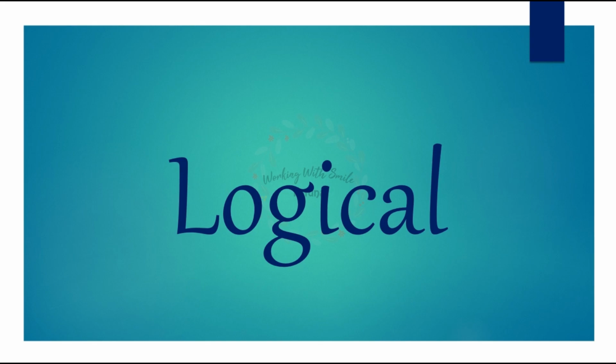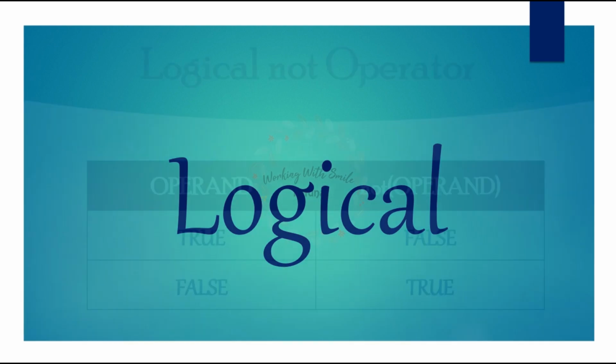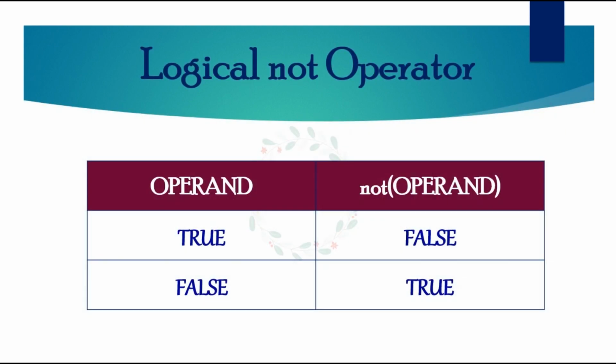Logical operators are used to combine expressions. Operands for these operators can be relational expressions, numbers, or strings. It is important to note that the operands needed by these operators must be of Boolean types. So let's begin with our first logical operator, NOT. NOT is a unary operator because it works on one operand. It reverses the value of the expression, that is, true becomes false and false becomes true. Let's see a few examples of applying this NOT operator in Python IDLE.